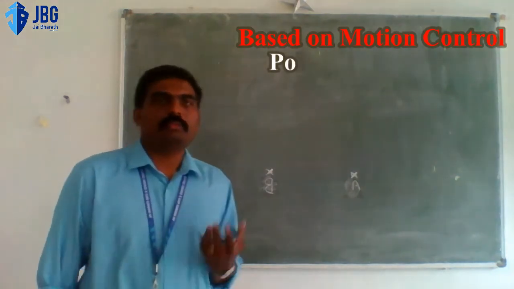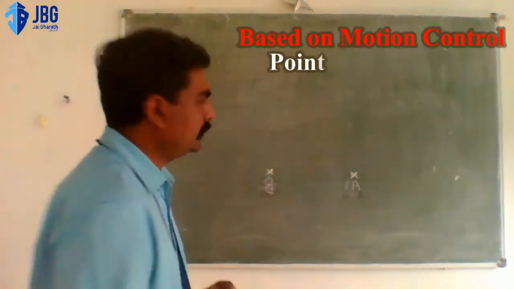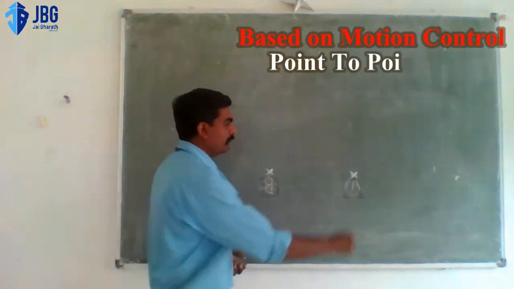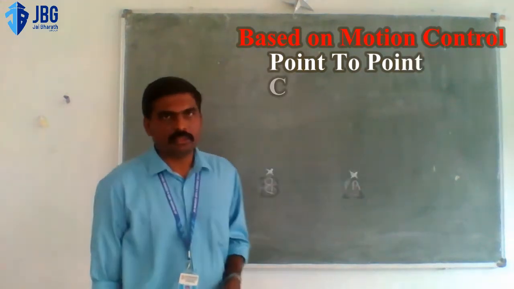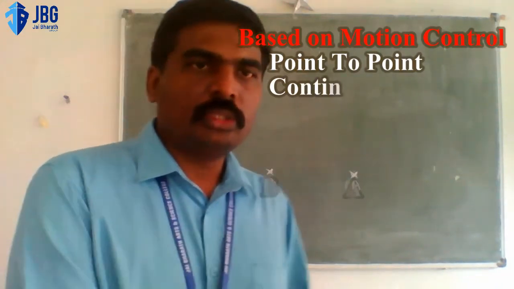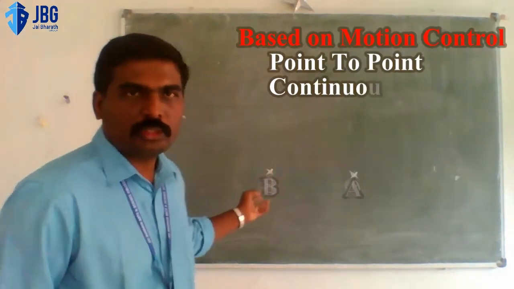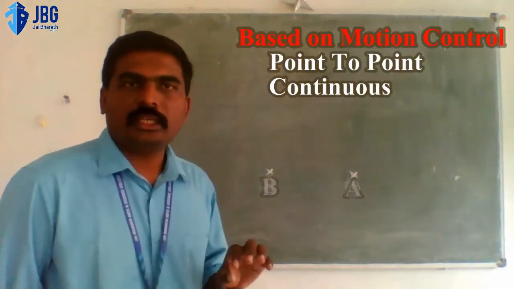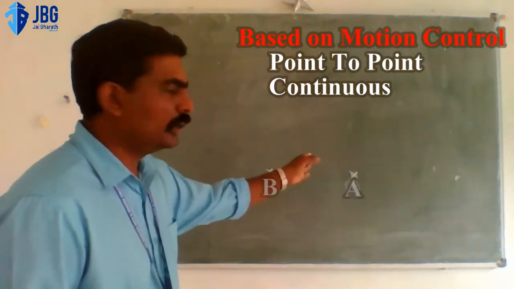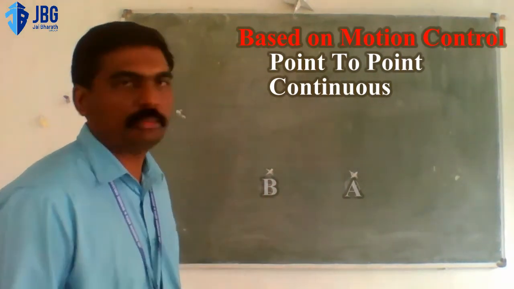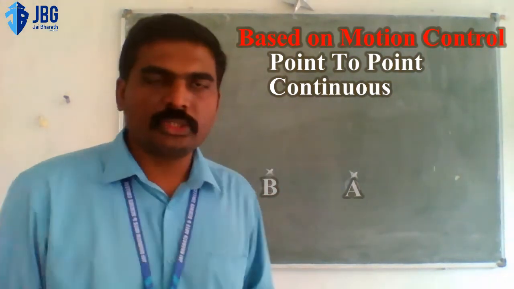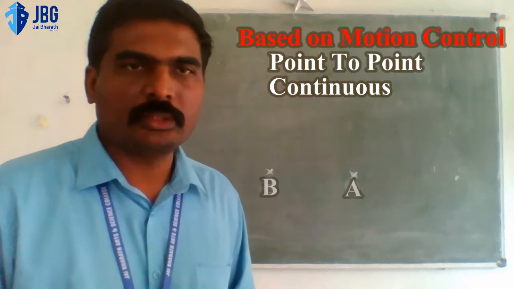If a point to point robot, it travels the discrete path from A to B. For example, if we have to move one object from one place to another, that's from A to B, we can utilize a point to point robot from one place to the other. That is one point to second point, that is A to B. So that is point to point robots.